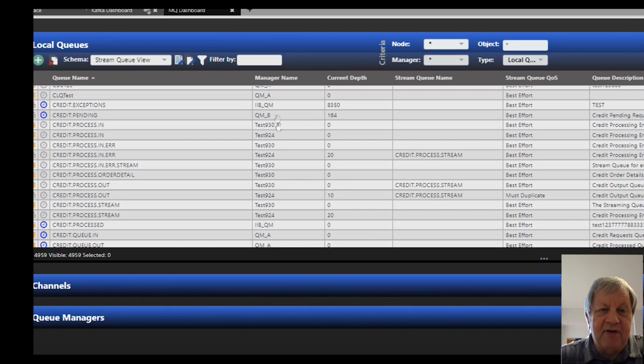And we can see, in fact, that we've got different test versions here. Again, this happens to be my test environment. But I've got 9.2, 9.2.4, 9.3. These are actually older ones running out here. So these are different queue managers at different levels. Some of them are streaming them, some of them are not. And we'll see more about this as we go.